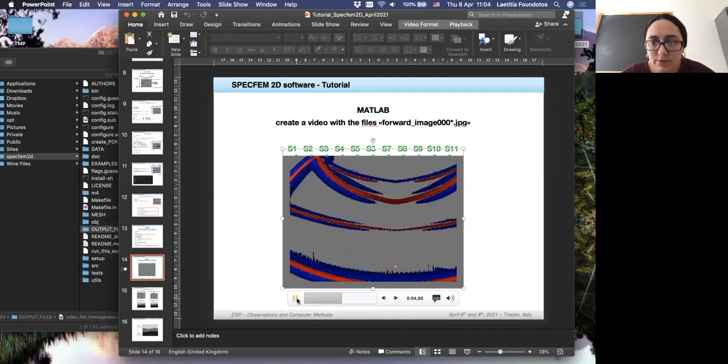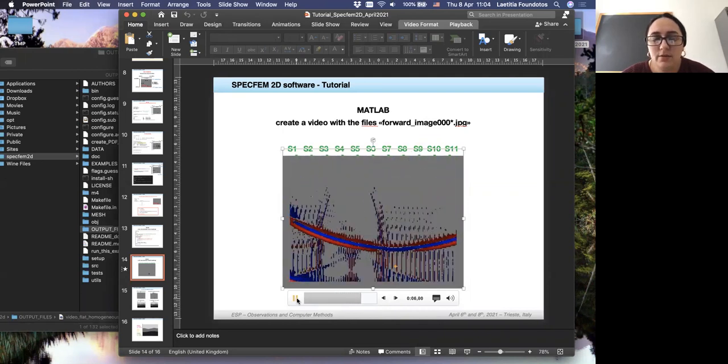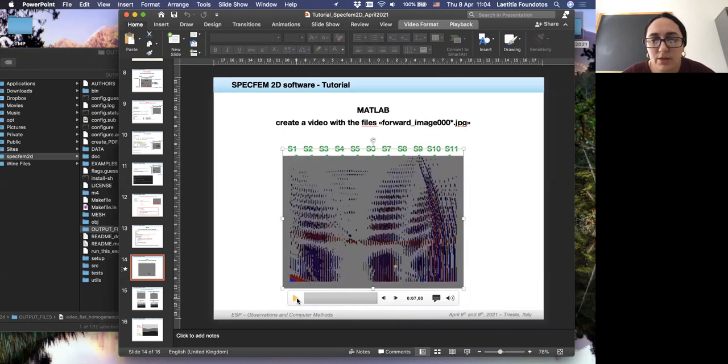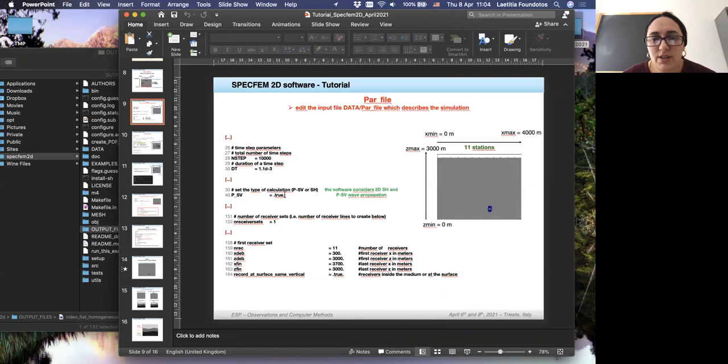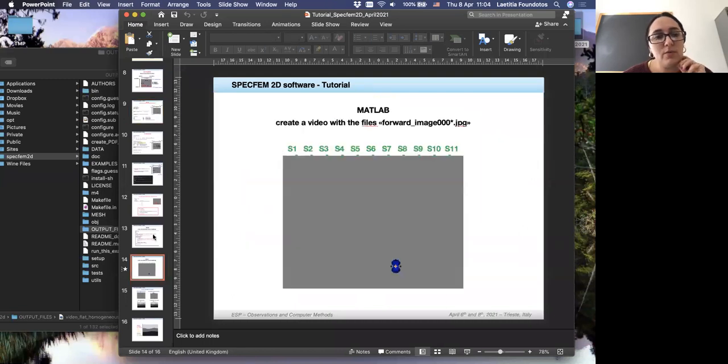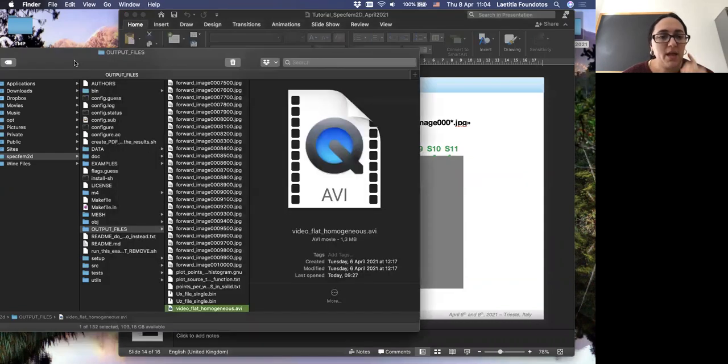This is really a simple model. Also remember one really important thing: here, the simulation is made for PSV waves only, but we can also choose to make a simulation for SH waves.